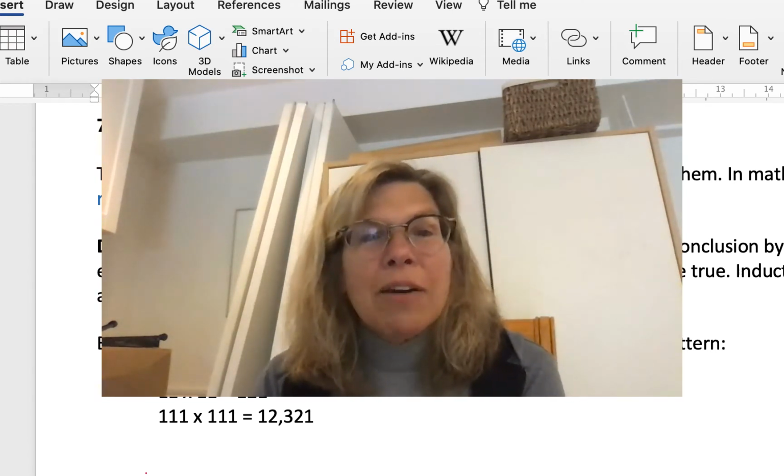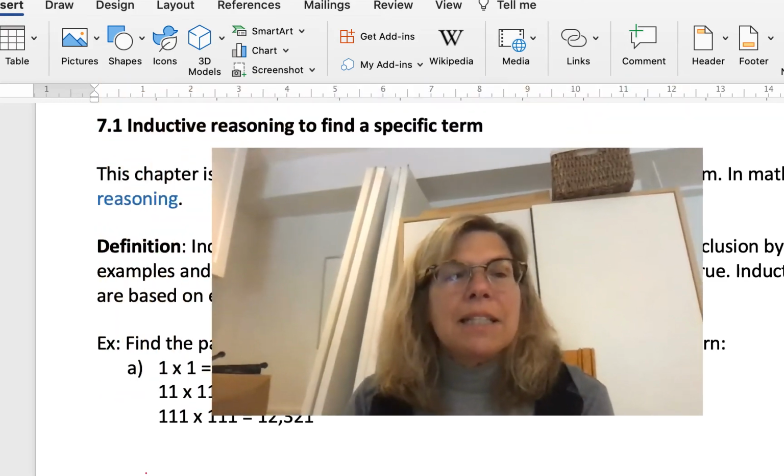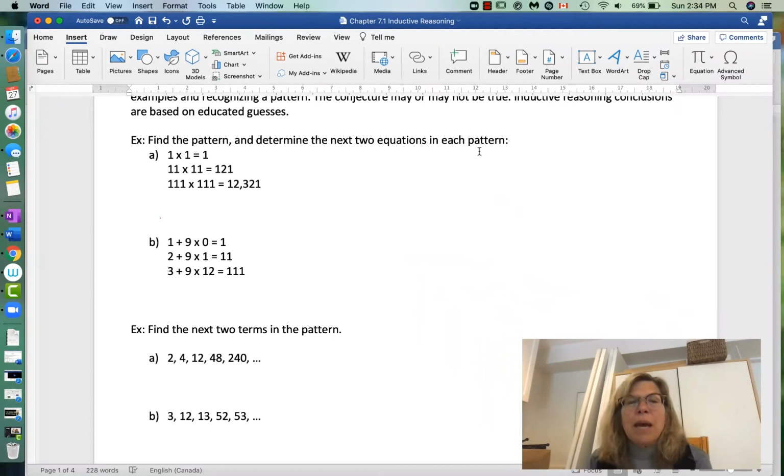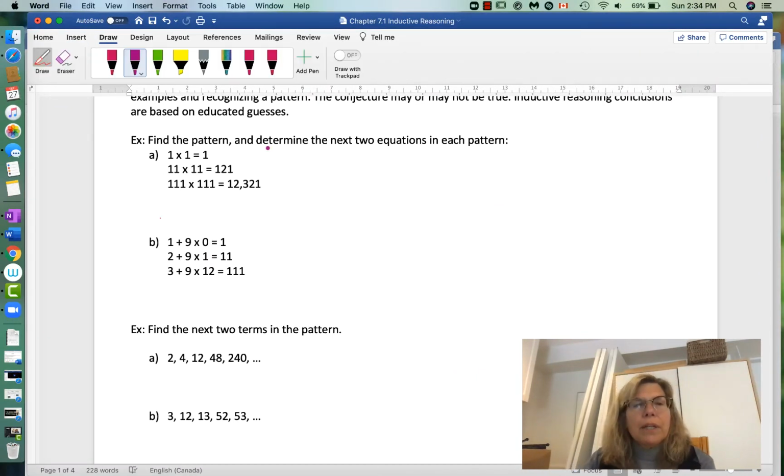So if you look down here to the first example, it says find the pattern and determine the next two equations in each pattern. If you look at these three equations, you'll see that 1 times 1 equals 1, 11 times 11 equals 121, 111 times 111 equals 12,321. So you can look and see that the numbers